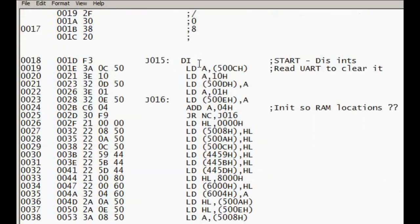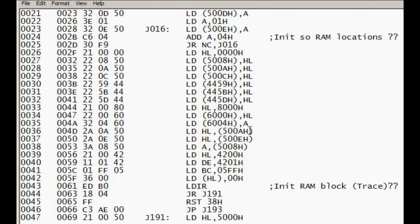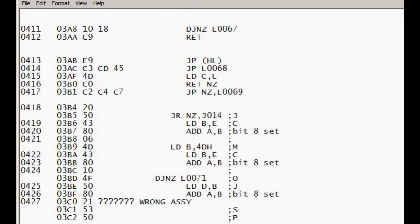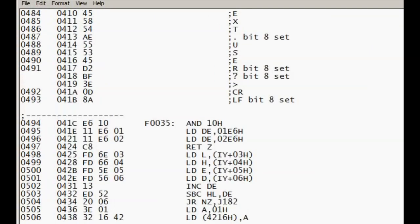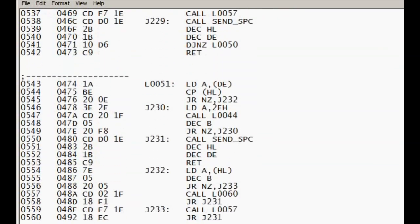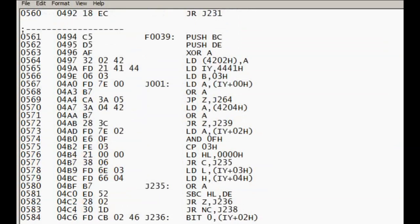So the first thing is the system jumps to this point. Disable interrupt instructions, fairly common at the start of initialization, so that made sense. And then working our way through, there's a lot of addresses that are initialized, and again I started searching for these throughout the code to see what they're used for, and I could do that based on what the code around them was doing. And as I worked through, I was able to identify that some of these are text strings, and also that the system makes very extensive use of